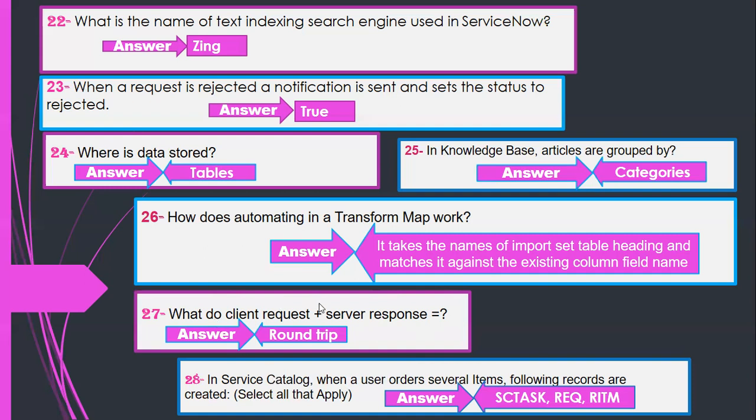It's pretty straightforward. Moving towards question number 28: in service catalog, when a user orders several items, the following records are created. The answer will be SC task, REQ, RITM. So these three will be associated with the catalog. So that is the answer.